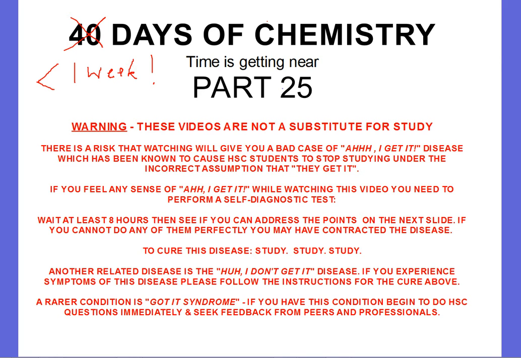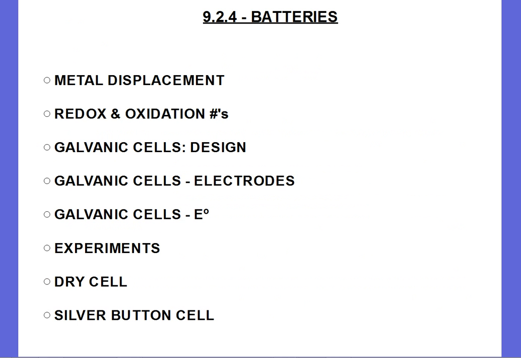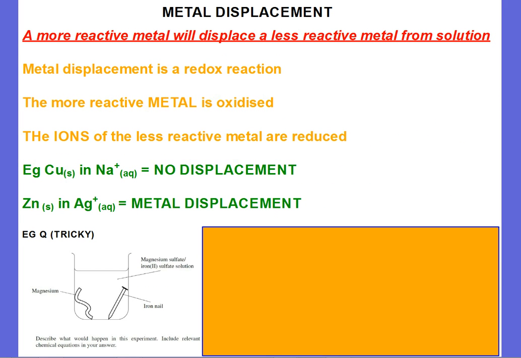This is 40 Days of Chemistry, part 25, this time going right back to production materials, 9.2.4, looking at batteries. And the first thing we looked at in this topic was metal displacement reactions. And you need to know the definition of metal displacement reaction, but more importantly, you need to know how it works. And in a metal displacement reaction, the more reactive metal is oxidized, and the ions of the less reactive